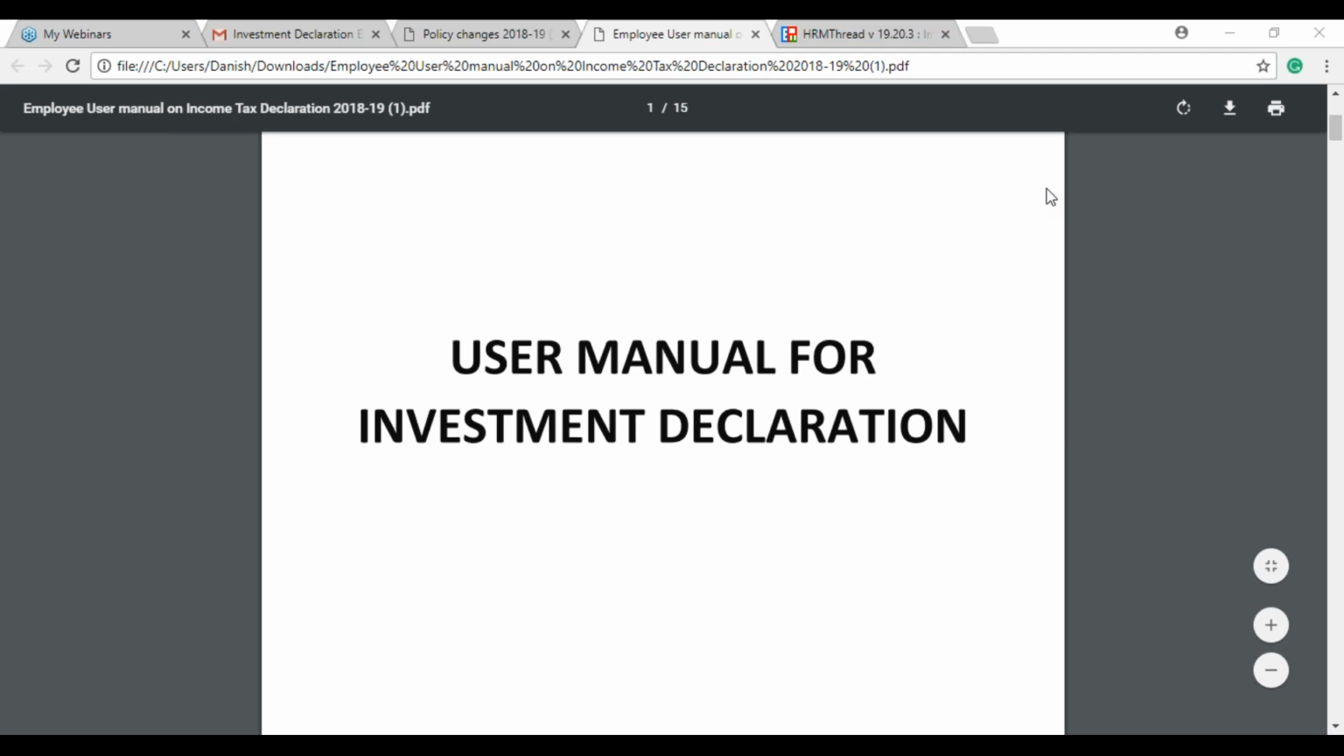So let's start. We have already shared the user manual for investment declarations with everyone. If you have any queries, you can also refer to the screenshots which have already been shared with you. So this is the user manual which we have made for your investment declarations. So if we start,